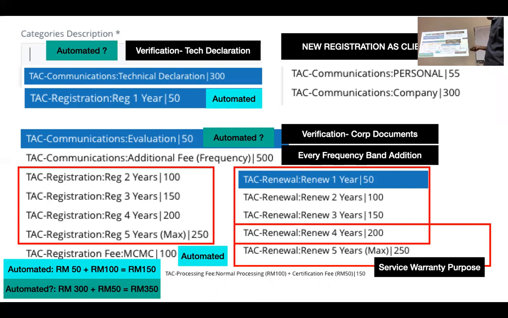So all this will be automated. If they select 1 year, 2 years, 3 years, the price is different. That is renewal. Most people will not straight away pay for the renewal years. Alright, they will just select 1 year. Just select 1 year, because otherwise they won't get it later. Okay? So automated it is like 50 plus 100 is 150. Alright? Okay, anything else? Like renewal.